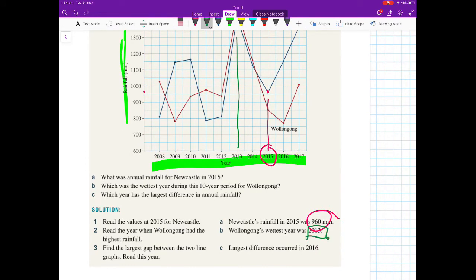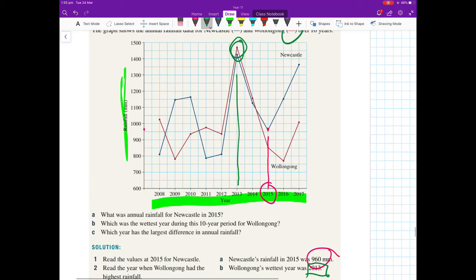And last one up, looking for the largest gap between the lines. There's a few different ways to work this one out. You should be able to do it visually. If you aren't sure which is the biggest gap, actually do the maths for it. So a couple of options, you could have a huge gap here. There's also a rather large gap here. Working out which one was the best of the two, you'd look at approximately where the top number was, which is about 1360, and our bottom number, which was sitting about